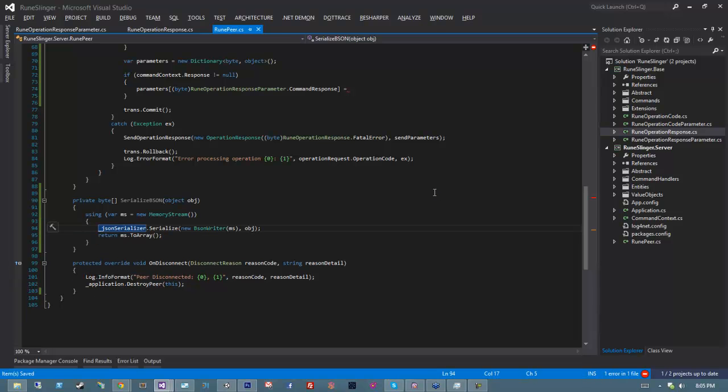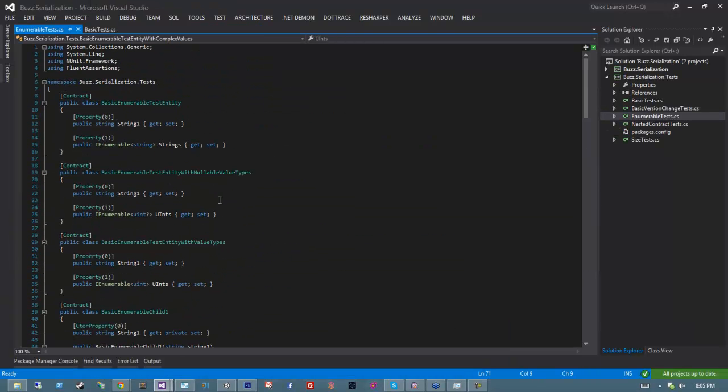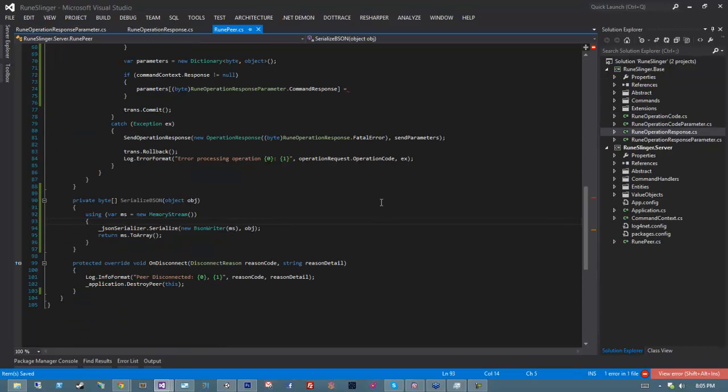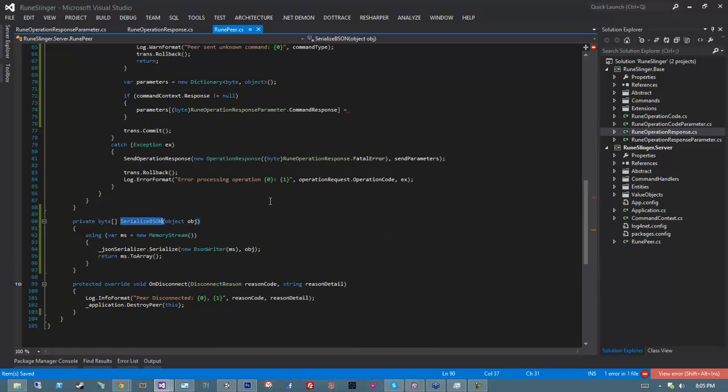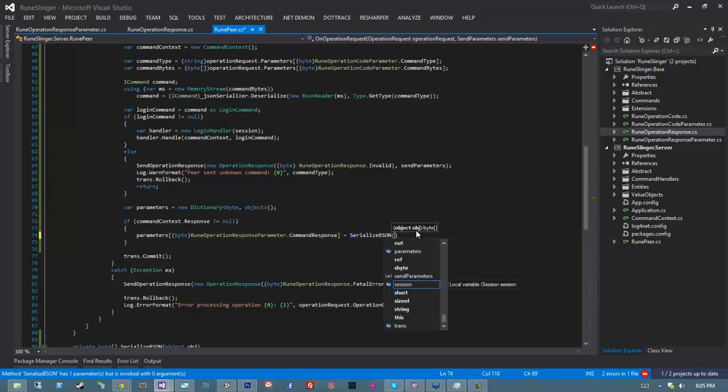Yeah, basically wherever you see me doing serialization or deserialization, I'm going to be replacing that with this, which is, like I said earlier, a format that is pretty much as compact as protobuf, but is potentially faster, and once it's finished supports way more features. So now we have a little helper method for SerializeBson. So what I can do is say SerializeBson, passing in my command